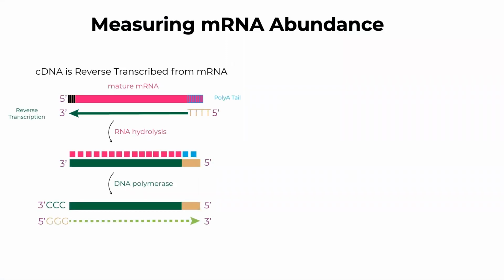For example, when we talk about reverse transcription PCR or RT-PCR, what it does is it amplifies DNA based on two primer sequences framing a section of interest. And since PCR amplifies DNA, not RNA, RNA is first converted back to DNA prior to amplification. This is done via a process called reverse transcription. So that's where RT-PCR comes from. In nature, this is a process that is carried out by retroviruses.